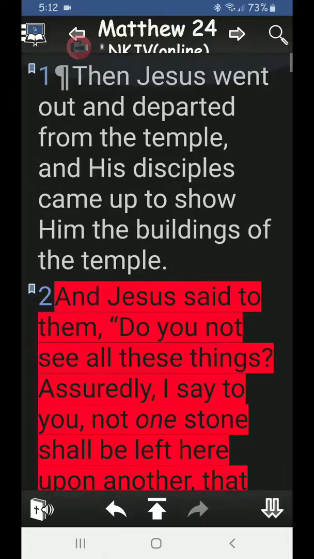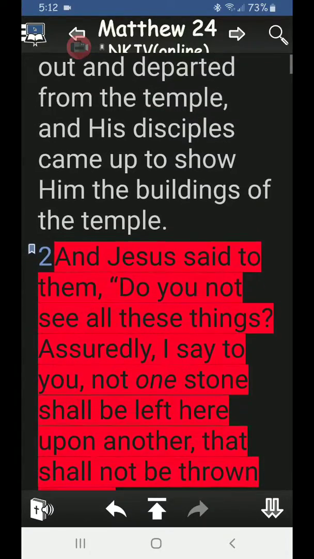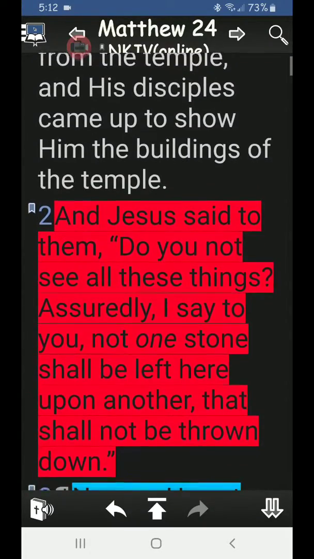Chapter 24. Then Jesus went out and departed from the temple, and his disciples came up to show him the